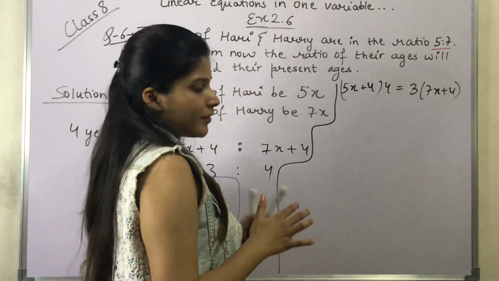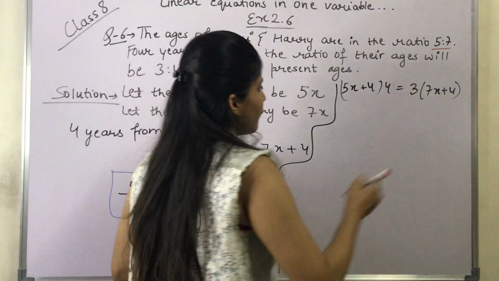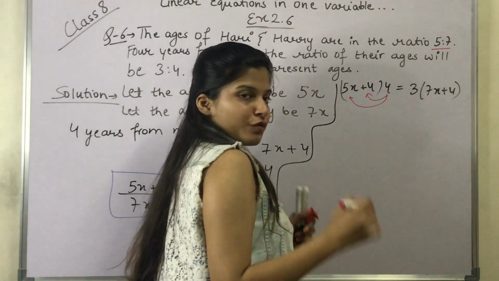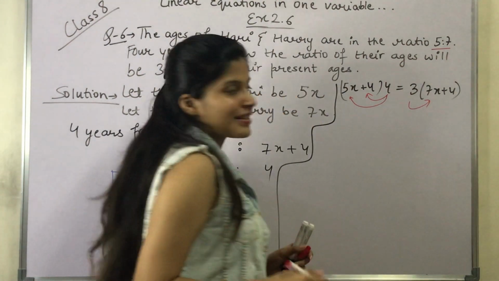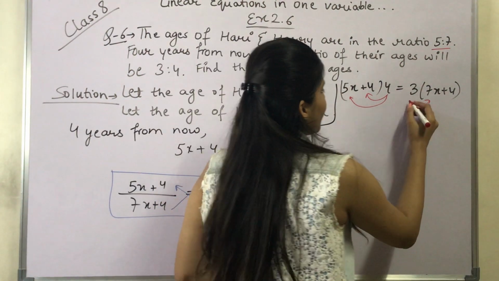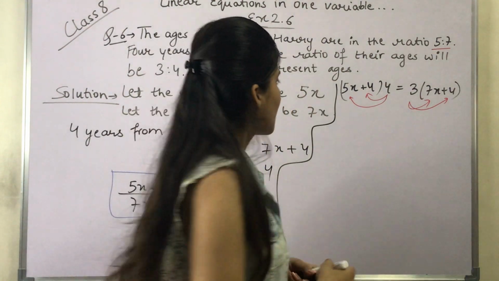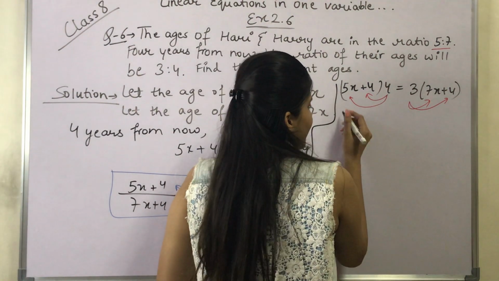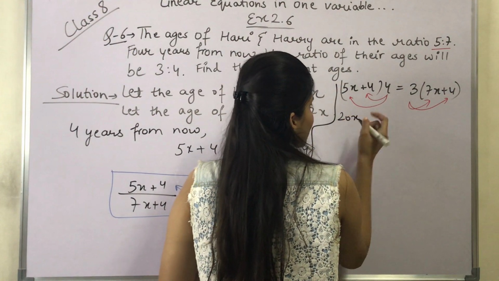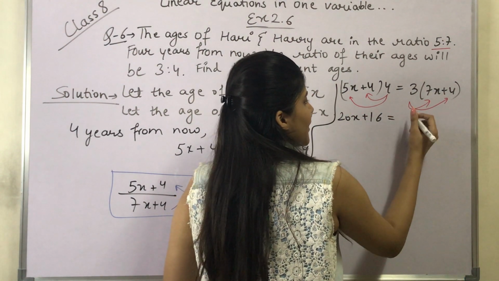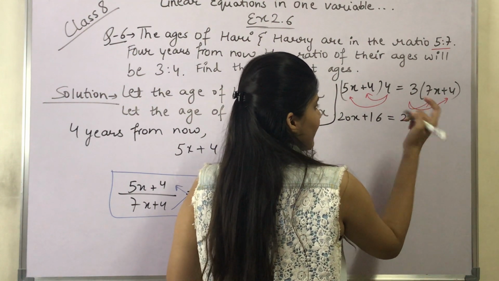Now we will solve this. How will we solve it? 4 will be multiplied to 5x first, then 4 will be multiplied to 4. Similarly, 3 will be multiplied to 7x first, then 3 will be multiplied to 4. So 4 into 5x is 20x plus 4 into 4 is 16 equals 3 into 7x is 21x plus 3